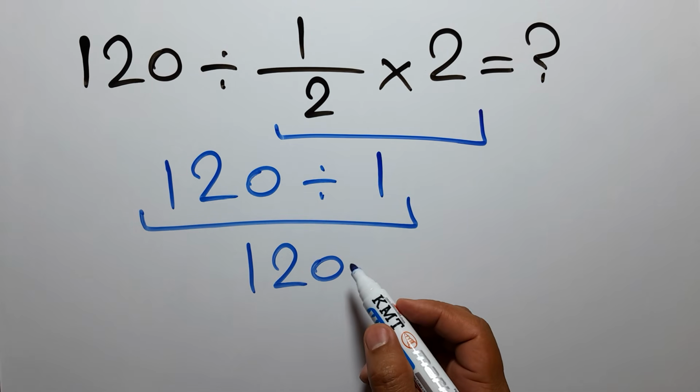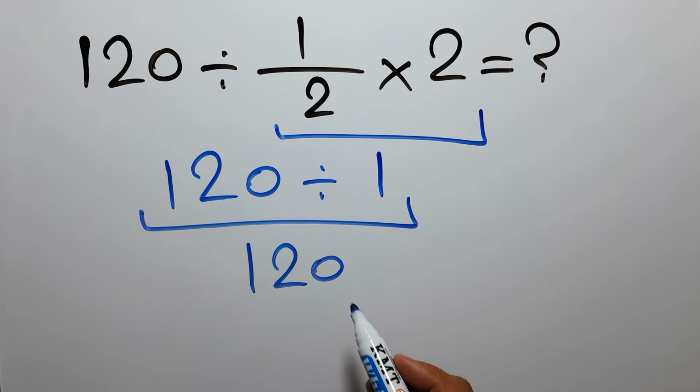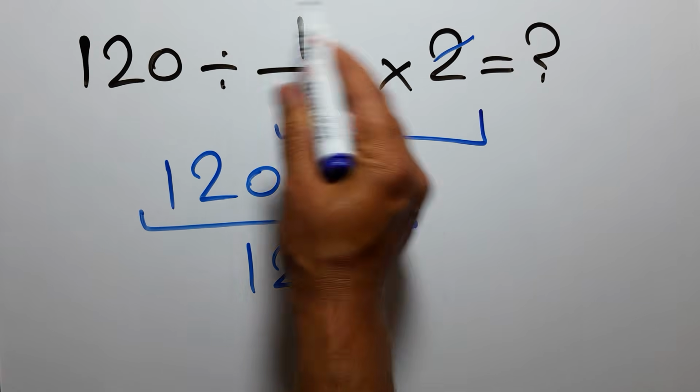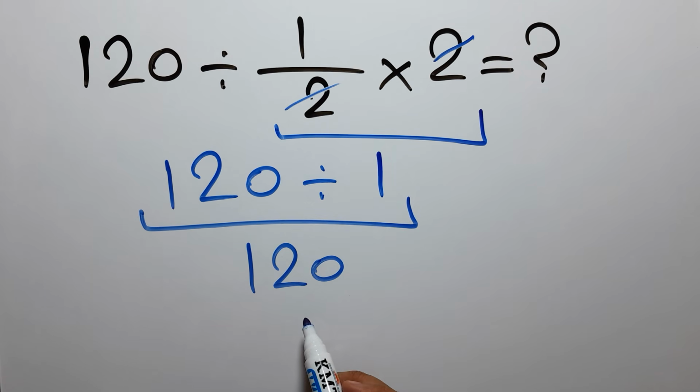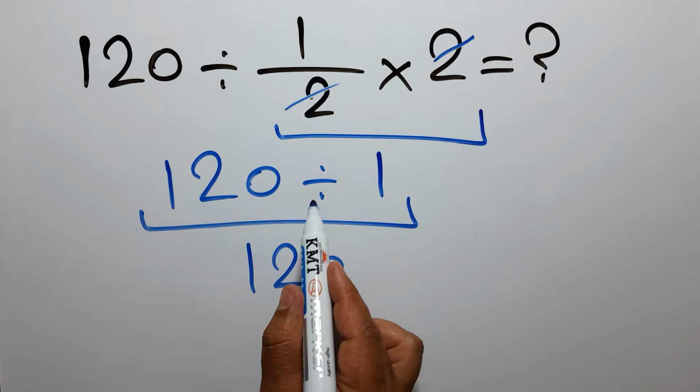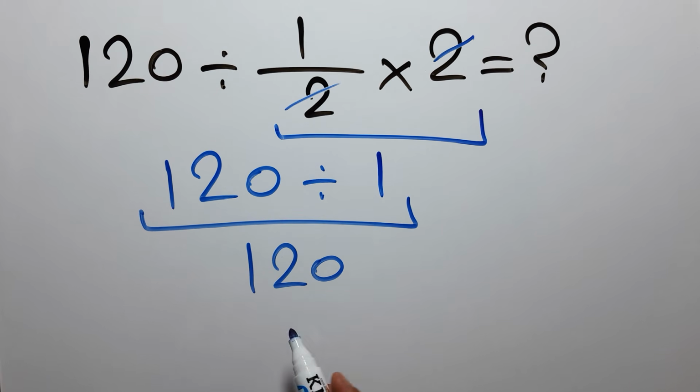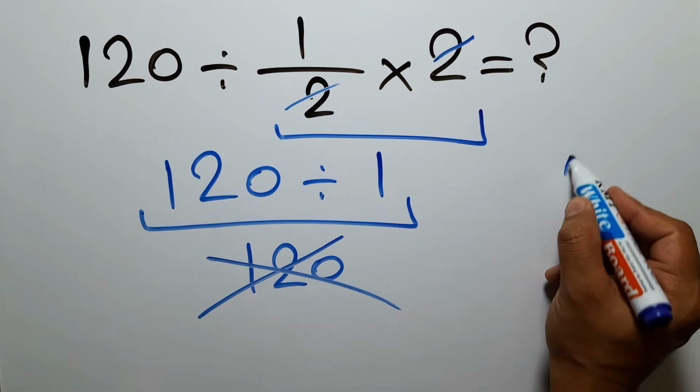First, we do this multiplication, 1 over 2 times 2. We can easily cancel this 2 and this 2, so here we have just 1. So we have 120 divided by 1, which gives us 120. But this answer is not correct, because according to the order of operations, multiplication and division have equal priority and